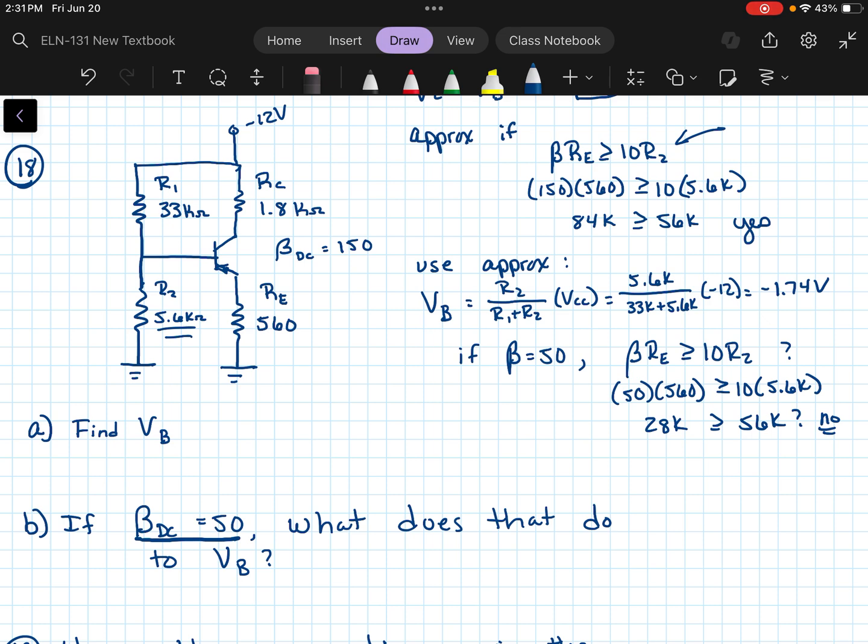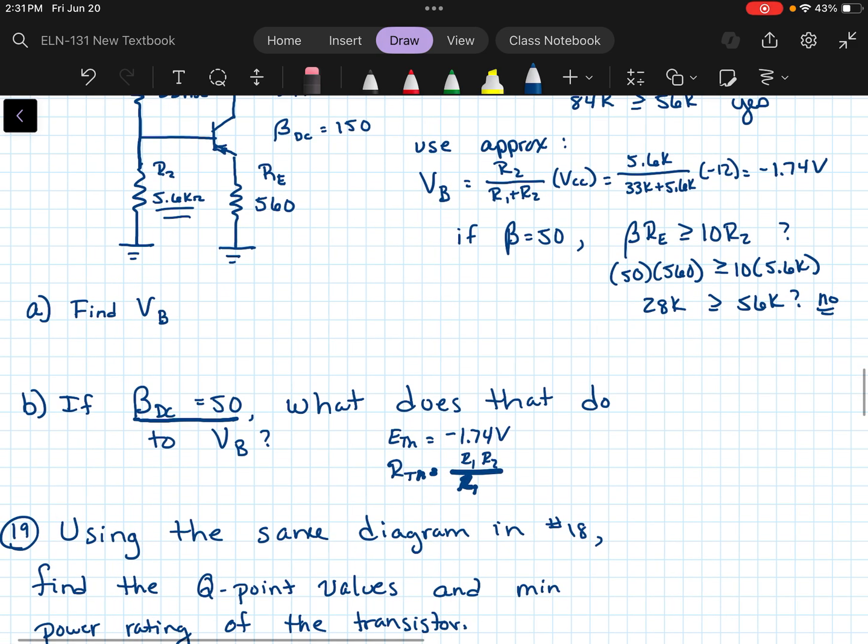So if I did that, my E Thevenin would be the negative 1.74 I found before, and my R Thevenin, of course, would be R1, R2 over R1 plus